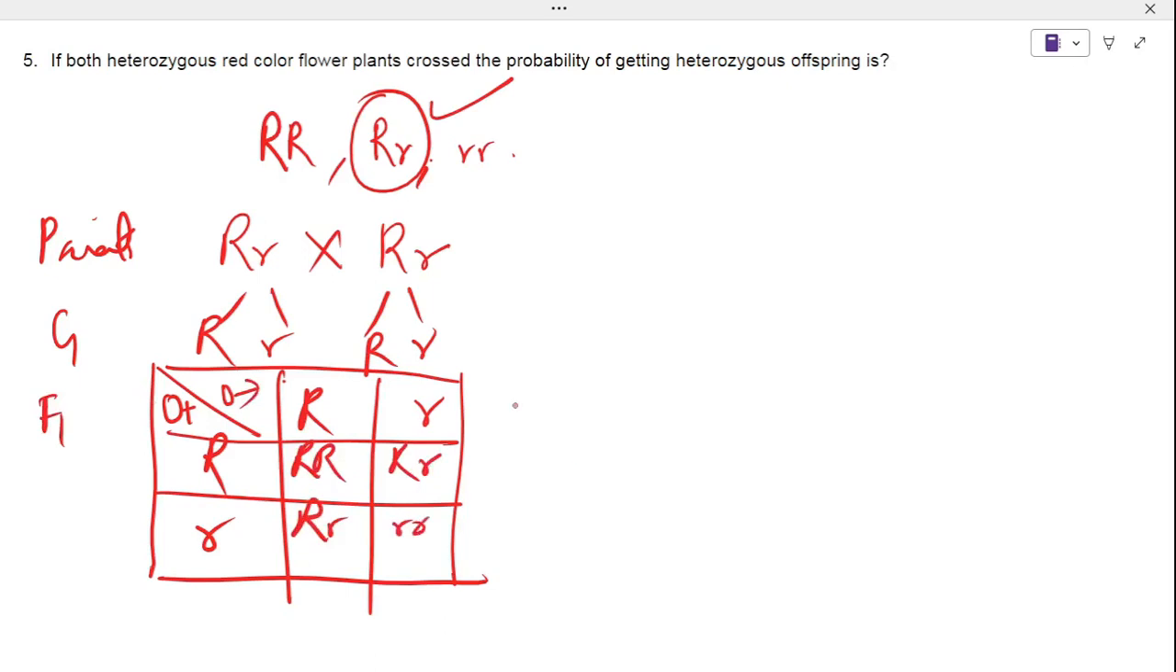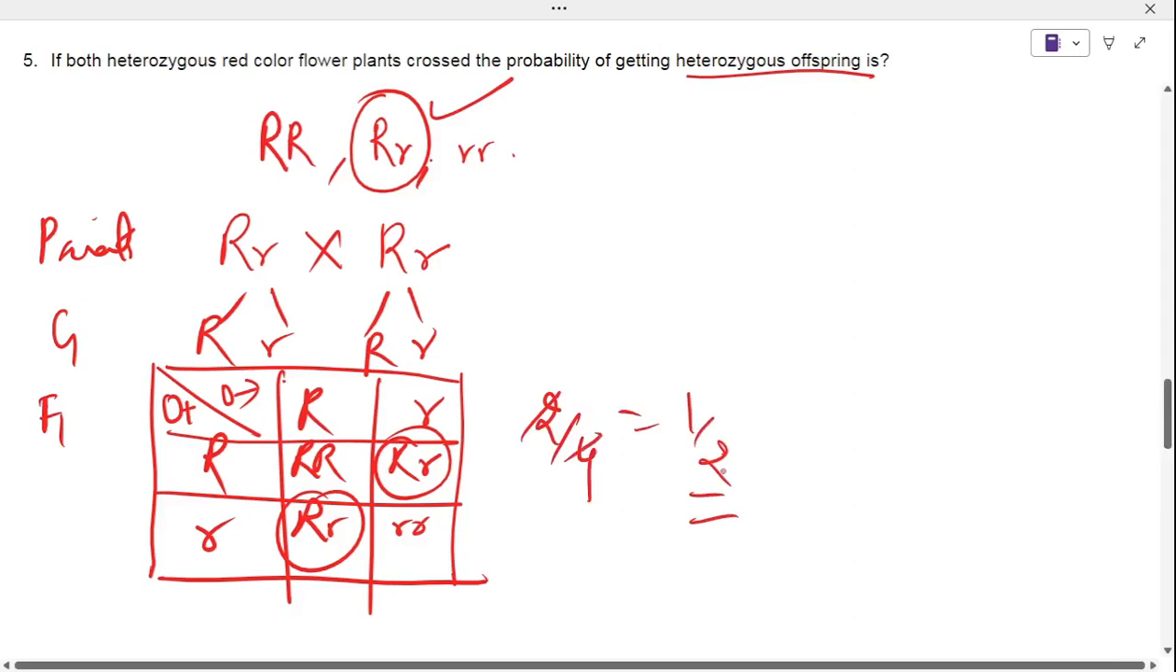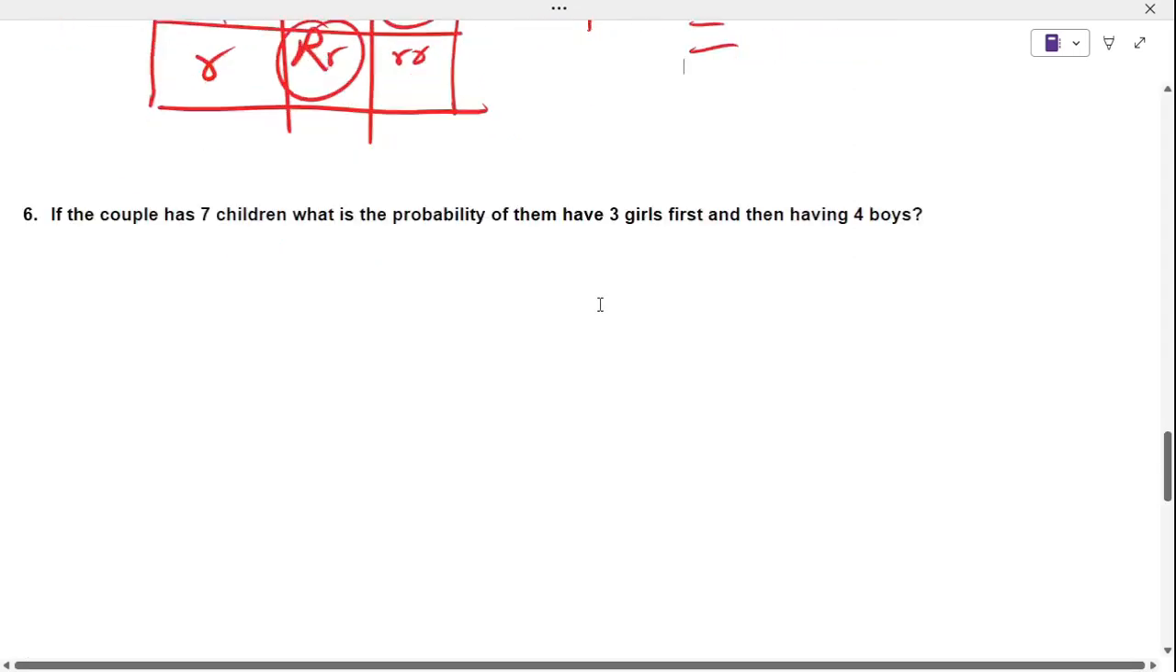small r, white here. Then what is the question here? Getting heterozygous offspring. Heterozygous is 2 out of 4, and 2 out of 4 is 1 by 2. That is the answer for this question. Next one is,